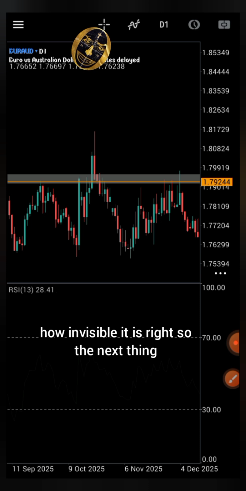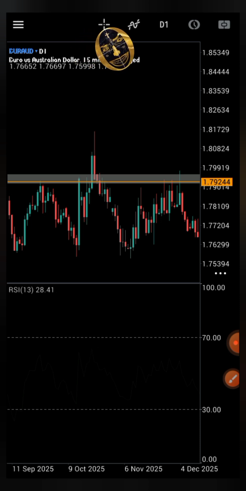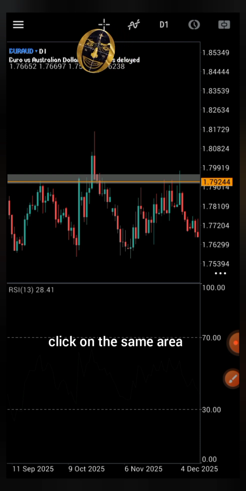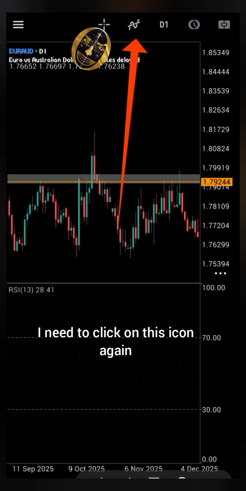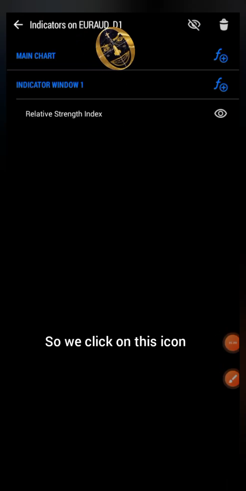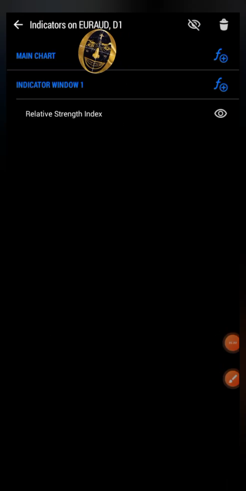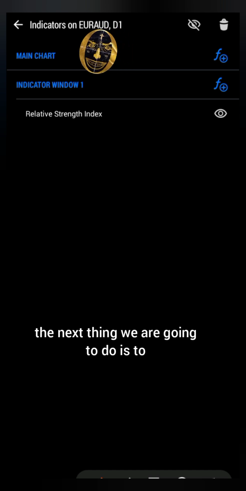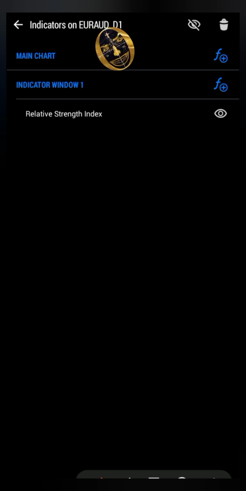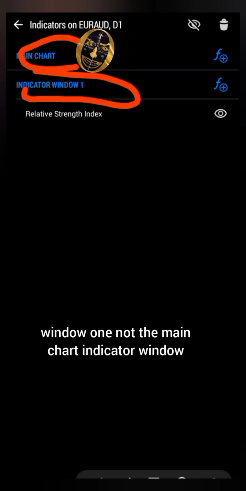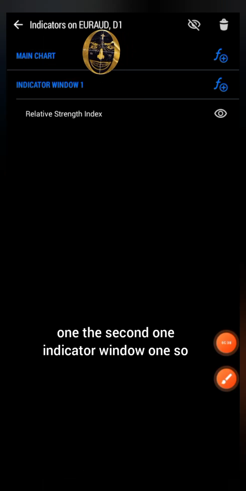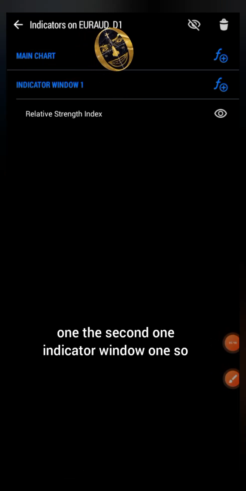So the next thing I want you to do is click on the same area. Okay, I need to click on this icon again. So we click on this icon, then the next thing we are going to do is to click on indicator window 1. This is indicator window 1, not the main chart. Indicator window 1, the second one. So when I click on it,